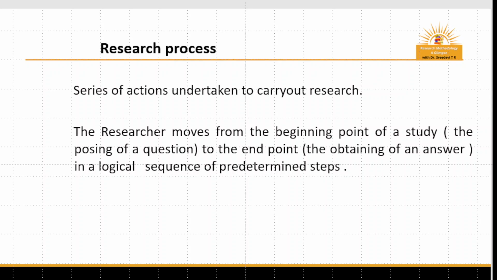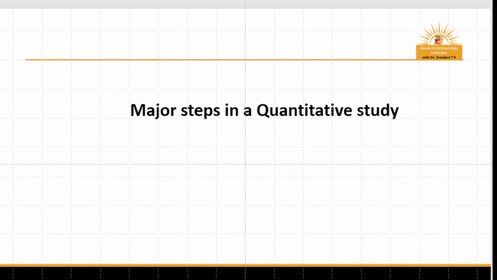For example, in an experimental study, some steps discussed in this research process may not be needed. Anyway, there is a general flow of activities. Major steps in a quantitative study. Before going to that, there are different phases